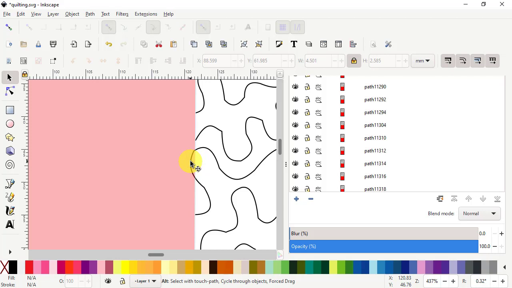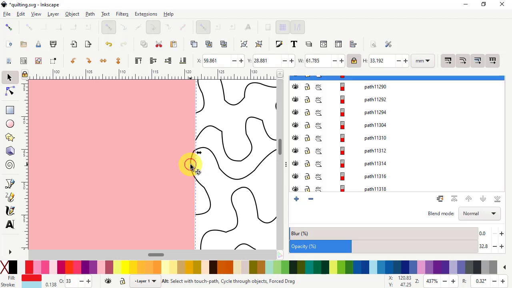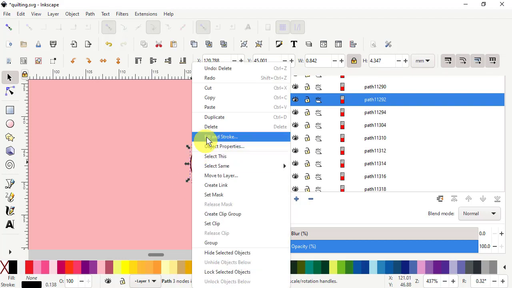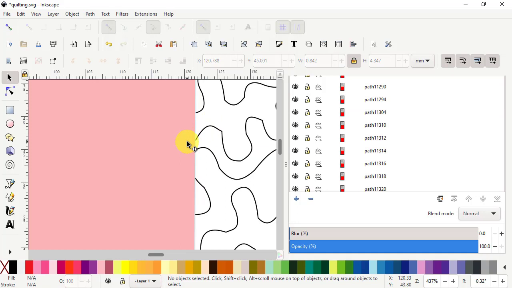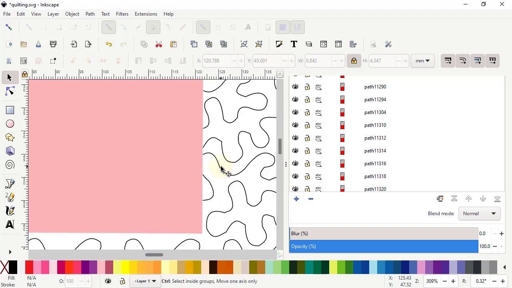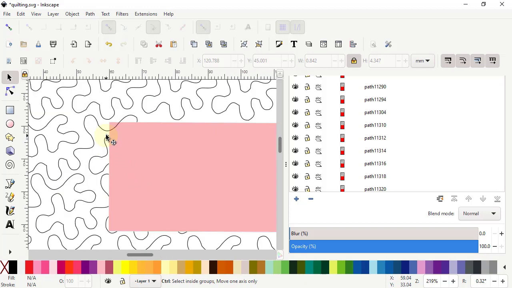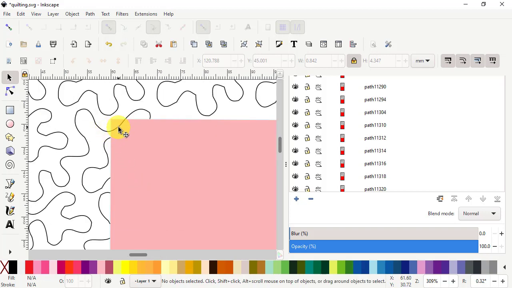Alt, maybe it is easier to go and widen the stroke a little bit, but we'll deal with it this way. So now we can see, oh, this top corner has got one little piece yet. So holding down the Alt key